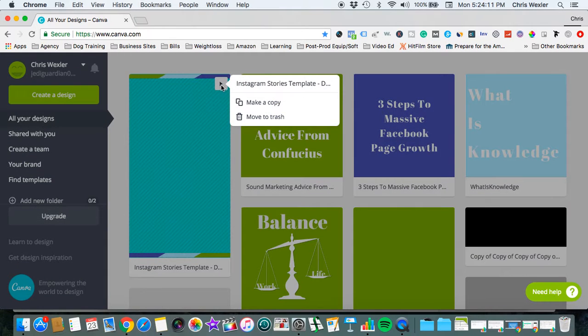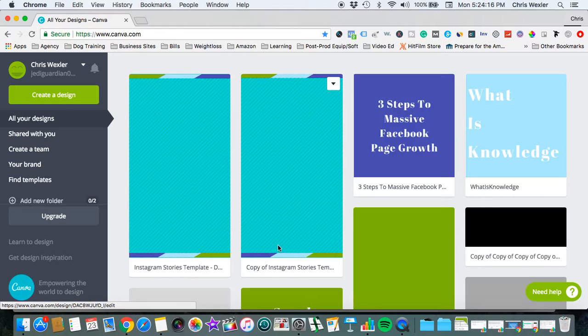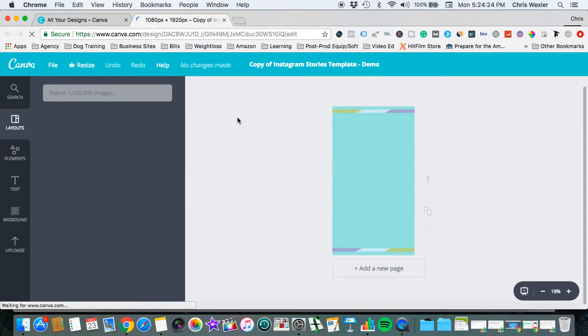From here, I can click on this button, simply make a copy. Shows up as copy of and the name of your template. So I'm going to click on that. It's going to open it up into a new tab. And from here,